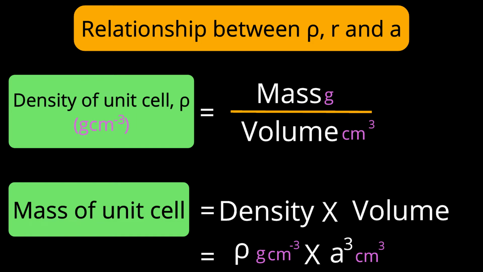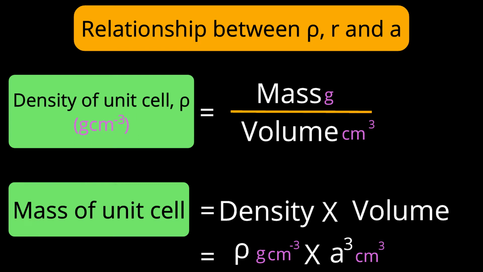From that, I can find mass of unit cell, means numerator from right side, is equal to density term at left side into volume, the term which was at denominator to the right side. What is the representation for density? Rho, which is in gram per cubic centimeter. And what is the representation for volume? It can be capital V, or directly I am substituting the final answer, a raised to 3. And what is the unit? Cm cube. So remember this now. It is one of the representations for mass of the unit cell, rho into a cube.